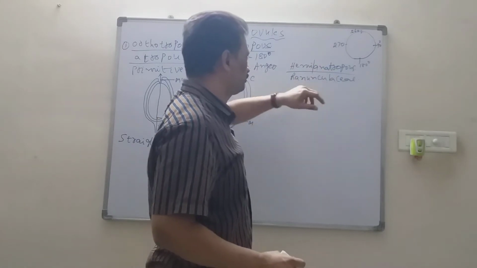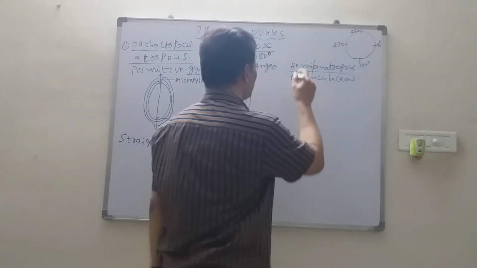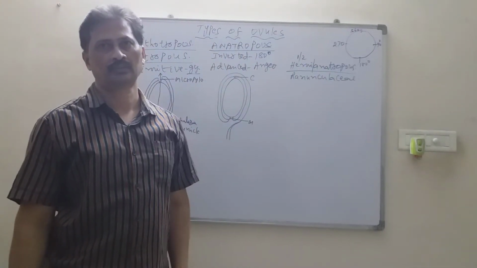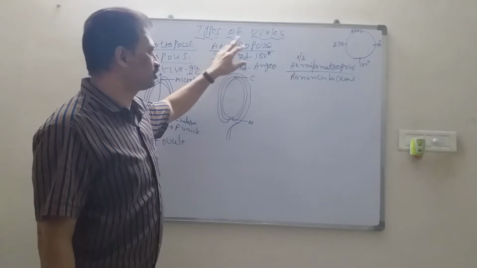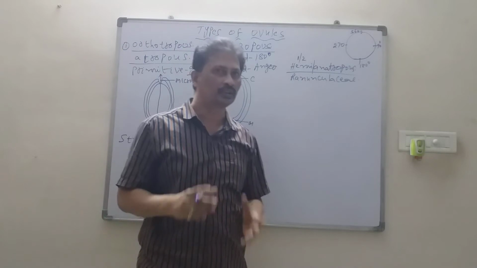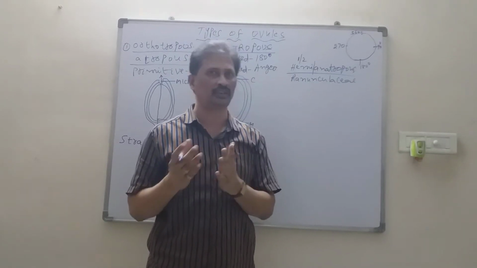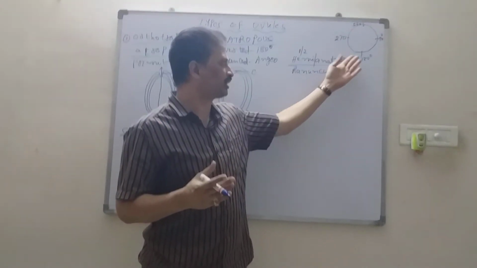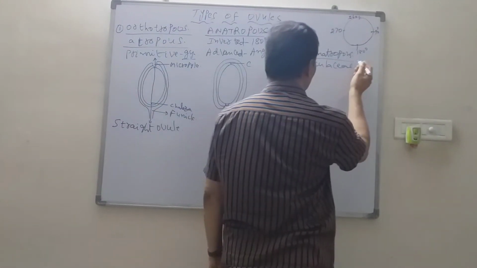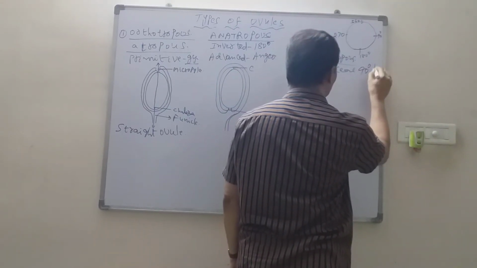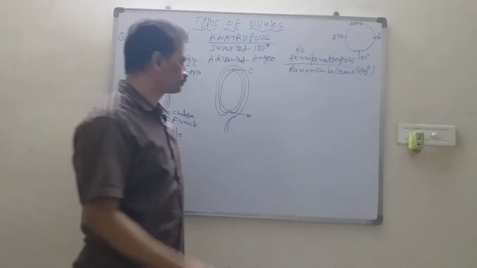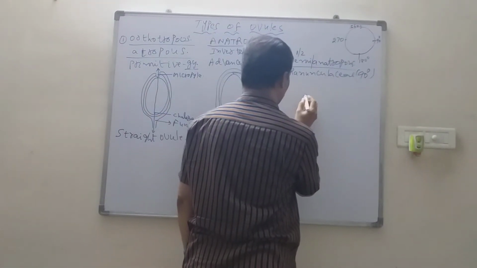But this inversion that occurs is hemi. What is the meaning of hemi? That is half. That means anatropous ovule means 180 degrees, and hemianatropous ovule means half of the anatropous. That means half of 180, that is nothing but 90. So that is the reason why this hemianatropous ovule is also called the 90 degrees ovule, right? And if you observe the diagram, it appears like this.